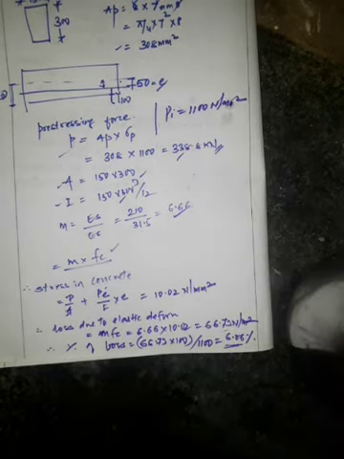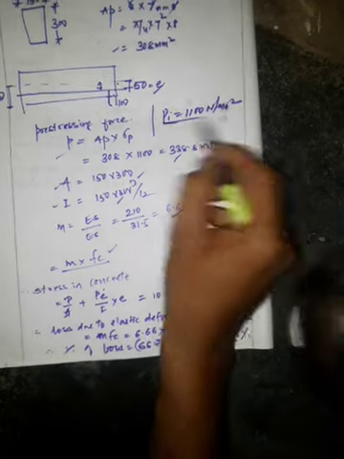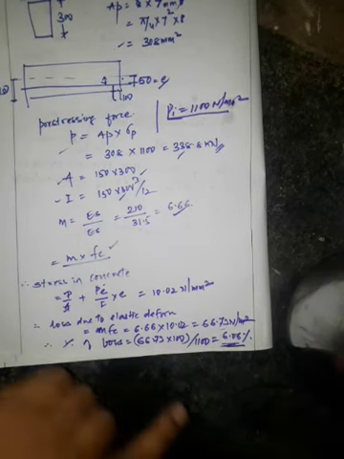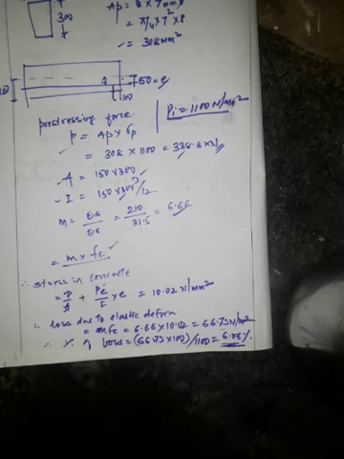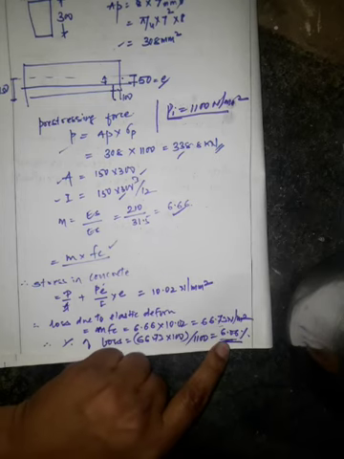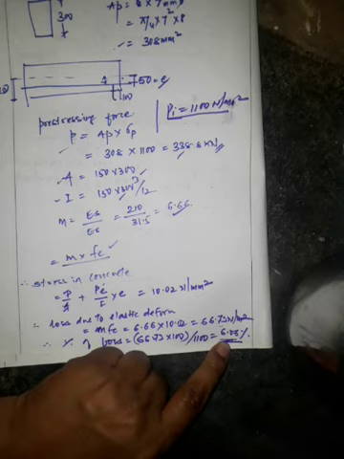Our initial pre-stress was 1100 Newton per mm square, and after that we got the loss as how much? 6.06 Newton per mm square. Okay, sorry, not Newton per mm square, it is 6.06%, and the loss is 66.73 and the percentage is 6.06. Okay, understood. So we'll have one more problem for this session.